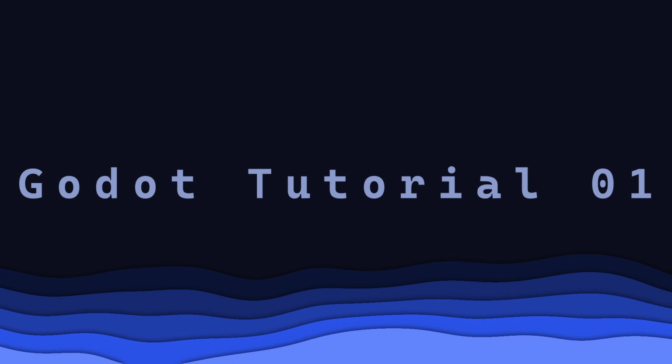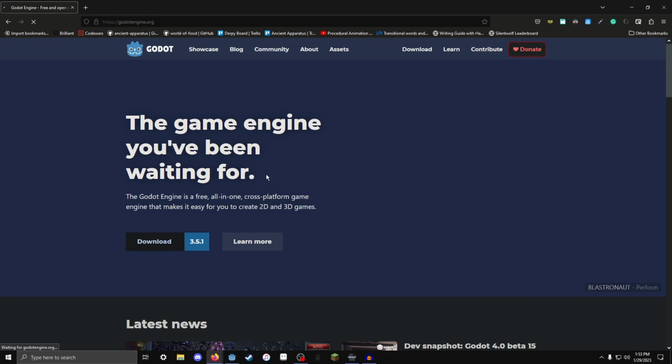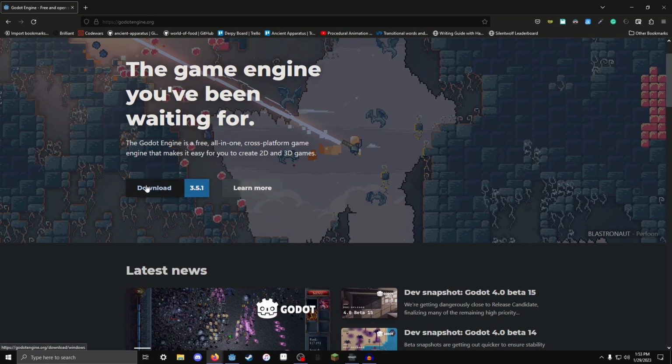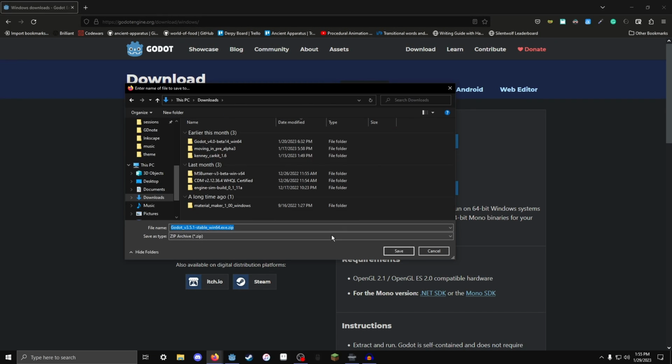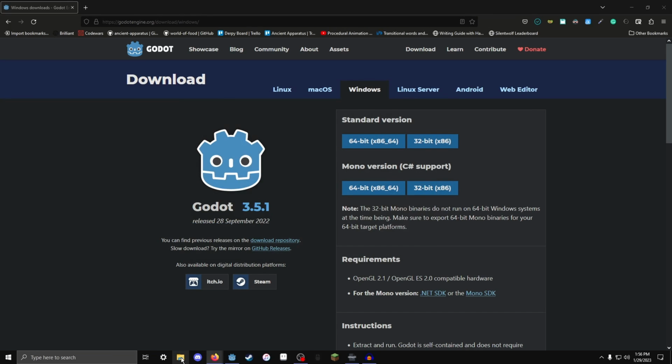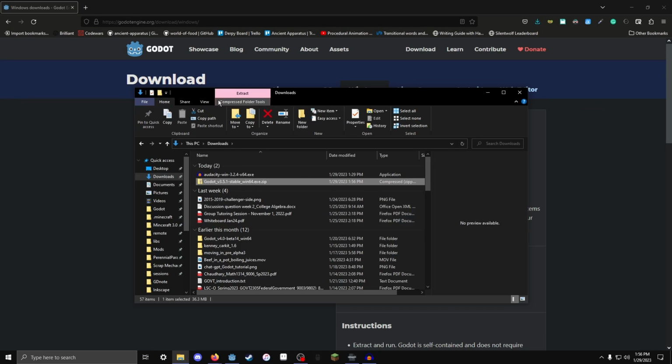The first thing you're going to want to do is to download Godot from the official website, GodotEngine.org. Click on the download 3.5.1 button, and then download the 64-bit version. Most likely that is what your system is. And then you can just save this into the downloads,